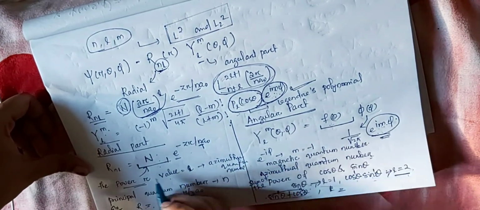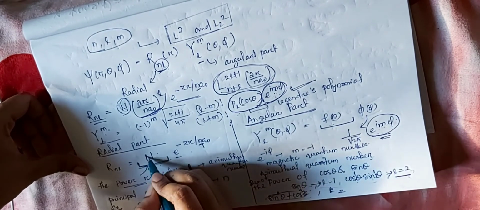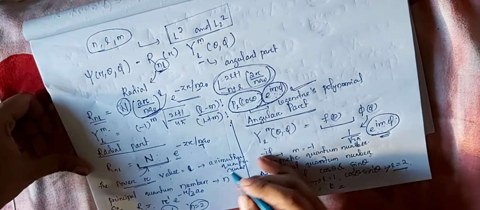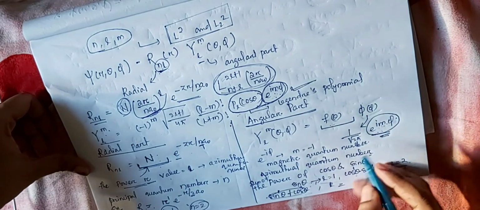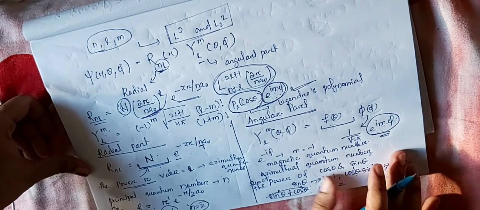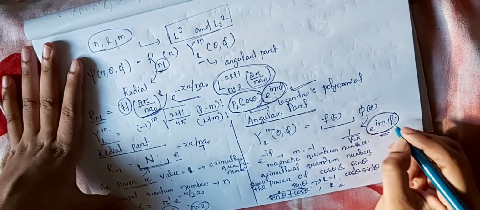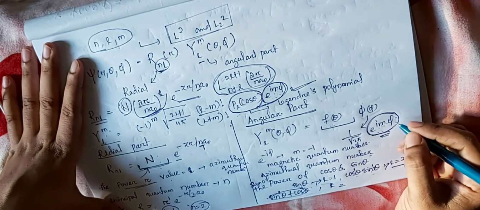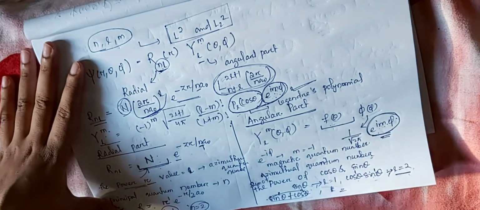So you have to find out, if there is a radial part, we have to identify the power of r. And if there is an angular part, if there is any term of cos theta and sin theta, then to know the value of L, we have to check what is the power of this sin theta and cos theta. And for the value of m, we have to check if there is any exponential of phi term or not, and the coefficient of that phi will give you the value of m.